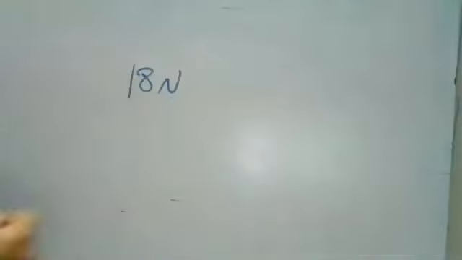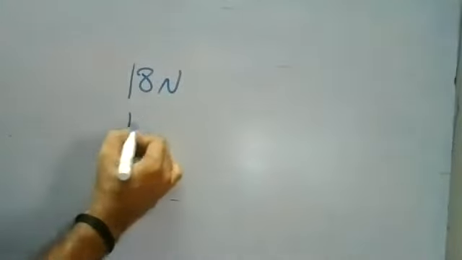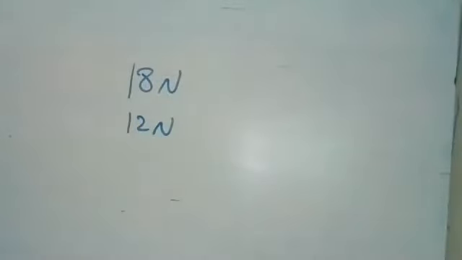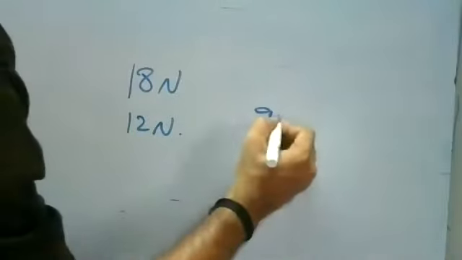Sir, please, the sum of... I'll repeat, ma'am. The sum of magnitudes of two forces acting at a point is 18 newtons, and the magnitude of the resultant is 12 newtons. Full stop. If the resultant makes an angle of 90 degrees,